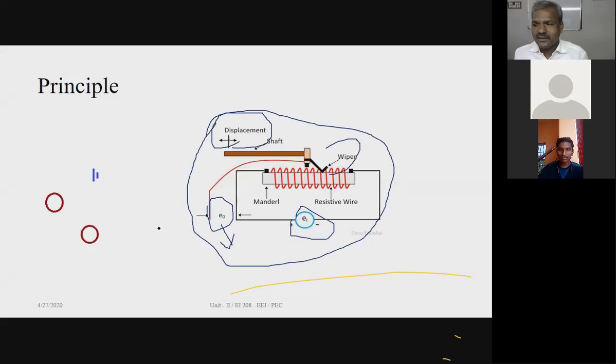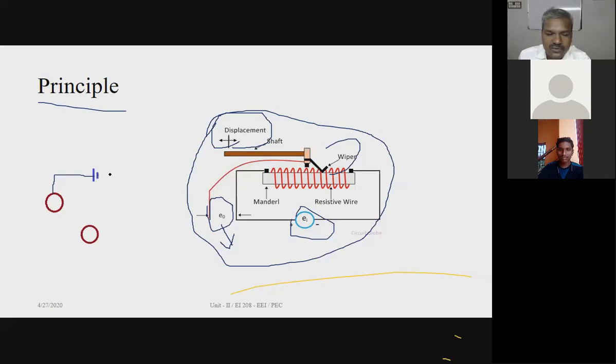Whereas what we are going to discuss is the slide wire type. It also has a slide wire contact, but the principle of operation is entirely different. Like a balanced Wheatstone bridge, we are also going to balance the potentiometric bridge. The basic principle of operation of the potentiometer is opposing of EMF. In potentiometers, there are 2 circuitries: one is the primary circuitry, and the other is the secondary circuitry.